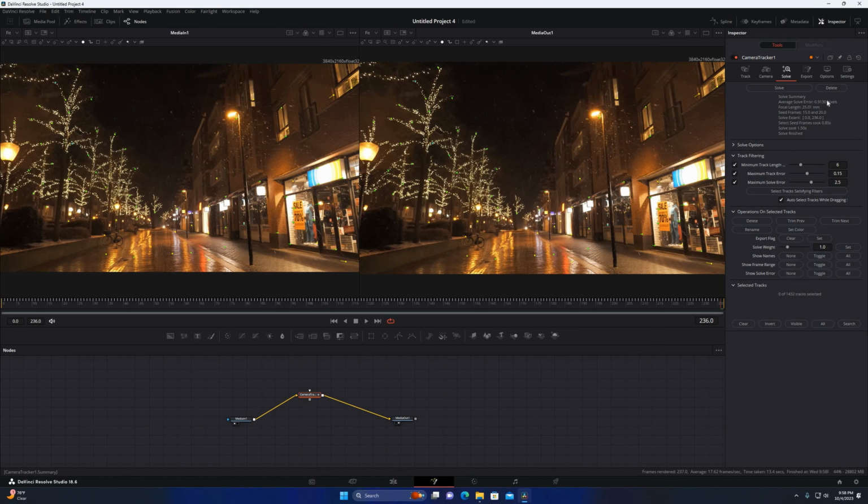So we got the solve score of 0.9. .91 we can see right here, which is an excellent solve score. As long as it's underneath 1, you're good. If you get it underneath 0.5, that's going to be excellent, but this is all we're going to need for this scene. If you have a difficult scene where your solve score is a lot higher, what you can do